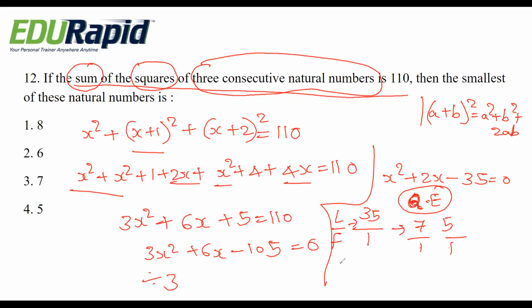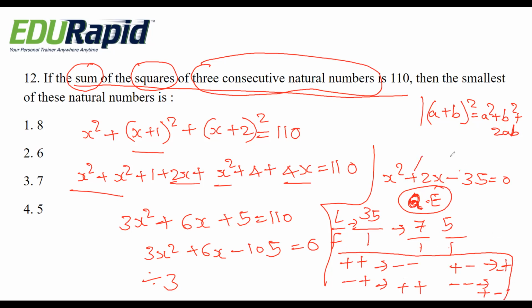And also for the signs there is a hint, a standard formula. For plus plus it is minus minus, for minus plus it is plus plus, for plus minus it is minus and plus, and for minus minus it is plus and minus. Here it is plus and minus, so you have to take minus and plus.